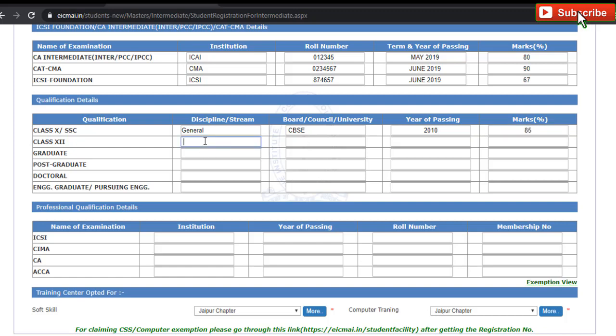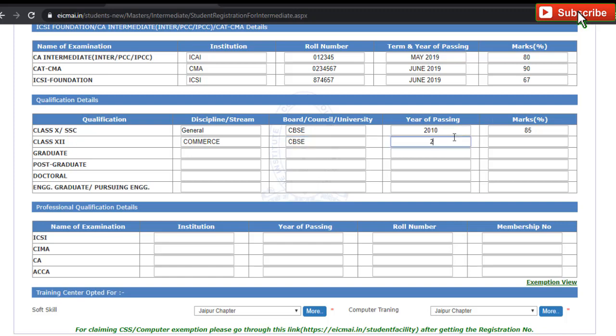Then class 12 details. If you were in commerce, then write commerce. If you were in arts, then write arts. If you were in science, then write science, or any other subject you have chosen. And now you have to fill in the board detail. I am taking CBSE as an example.